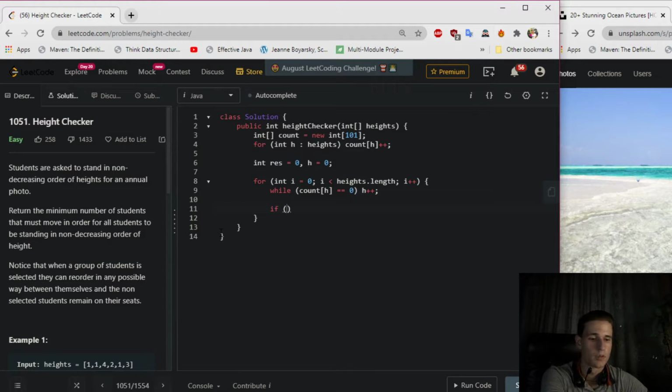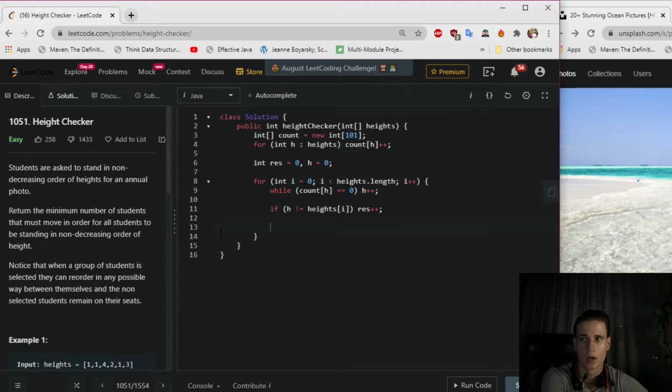In the case when the current height is not equal to the height at the position of i right here, you increment the result by 1,